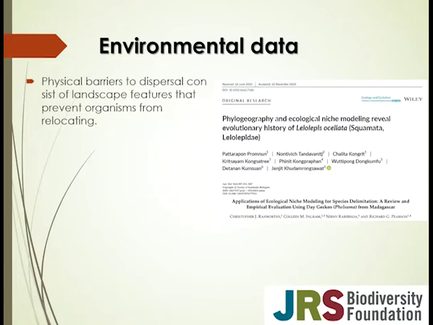Now, as for physical barriers, I talked to you about the physical barriers and accessibility. The accessibility M, remember in the BAM diagram, is related to M, the movement. And here you have a scientific paper on the phylogeography and ecological niche modeling